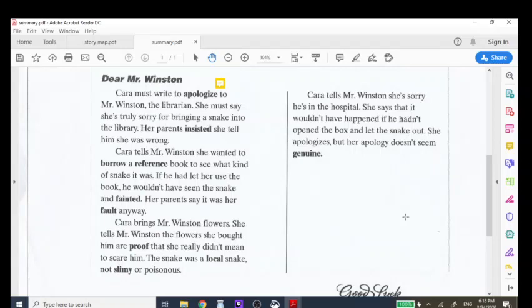Obviously, the librarian had seen her, he fainted, and it all went wrong some way or another, so that her parents said she needs to apologize. But in her apology, do you think she means it? She's really genuinely sorry, as she says, all over? Or she's just saying it because she's forced to say it because of her parents? You never know, but we will read to know. This is the summary of the story and discuss the cover page. Best of luck, everyone, and we will start